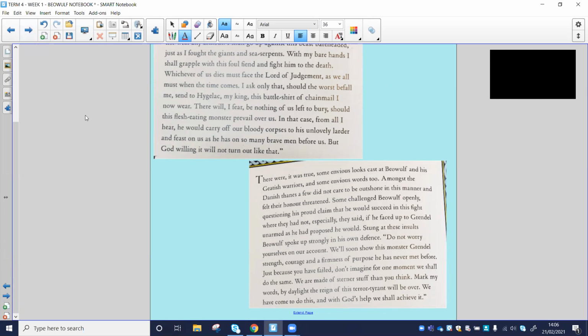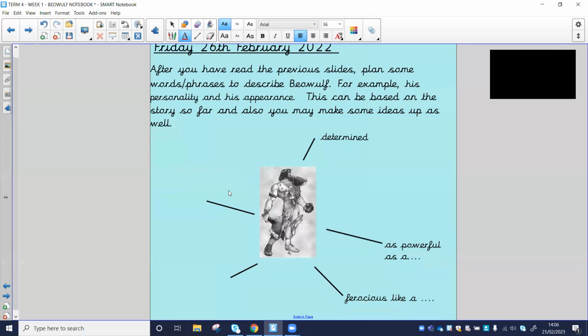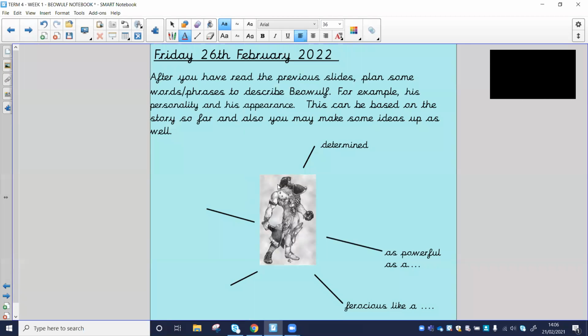So once you've had a read of those pages, what I'd like you to do in your home learning books, now I've popped a picture in the middle here. We'd pop a picture in the middle if we were doing this in class, but feel free to write Beowulf in the middle. And you're going to do a little mind map like this. You could set it out slightly differently, but this often is quite a good way of doing it. So after you've read those sections, you're going to plan some words and phrases to describe Beowulf, thinking about his personality and his appearance,